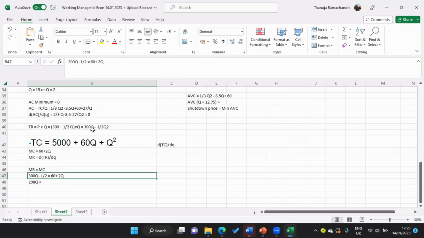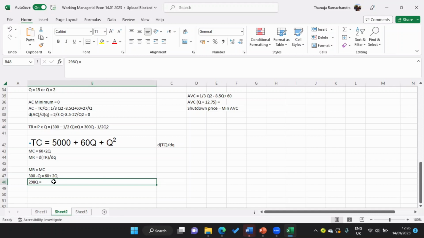MR is 300 minus... Yeah, that is also wrong. Half into Q squared means 2Q. So Q. Yes, Q. 300 minus Q is the MR. Okay, that's what. Generally we don't get that kind of odd answers. Yeah, this is anyway